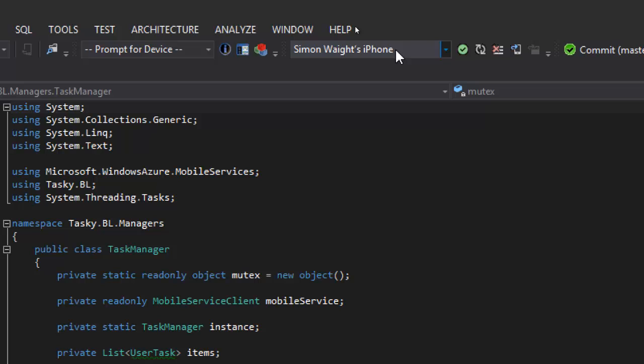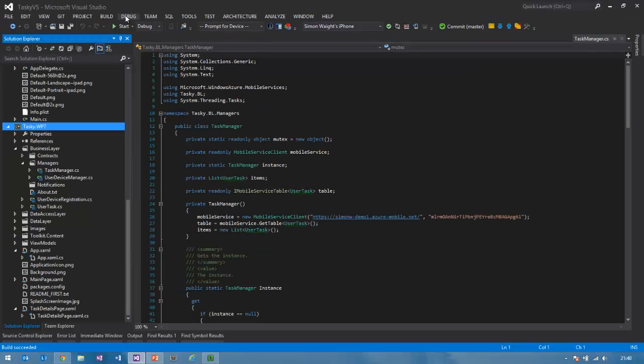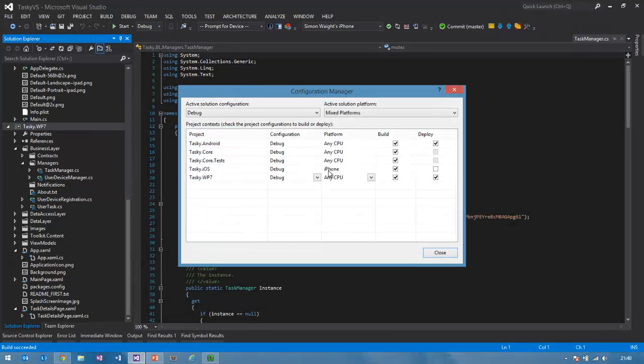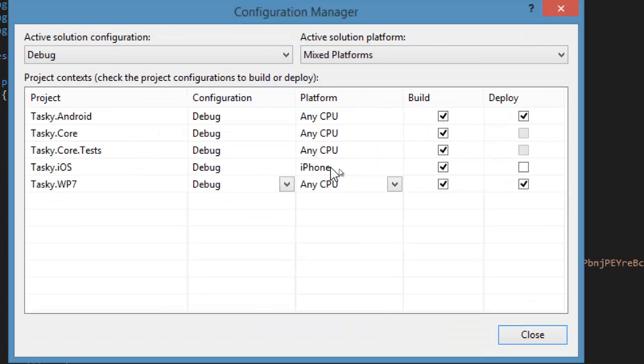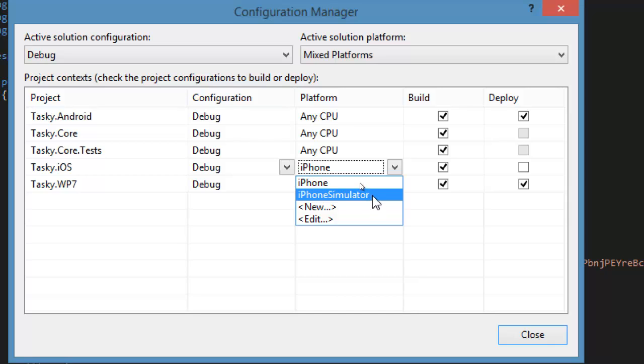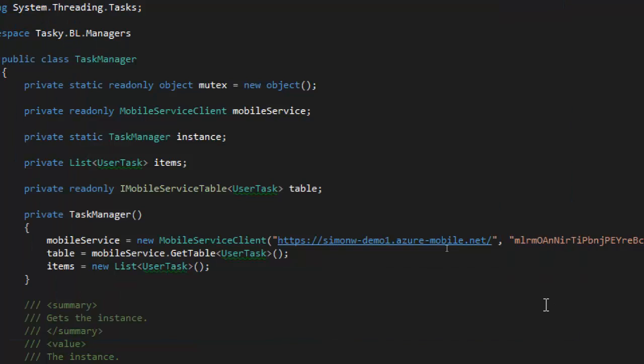If you want to use the simulator, which as I said earlier can present some challenges, the way you need to do that is you need to come in and change the configuration. So you'll see here at the moment in the middle it says iPhone, so what we would need to do is change this to iPhone simulator, and then we'd use the simulator instead. For this demo we need to leave it as iPhone because we need push notifications to work, so let's go ahead and just leave that and close this dialog,